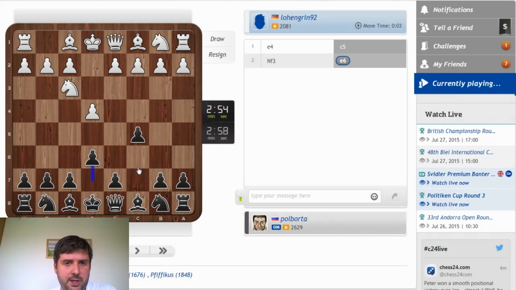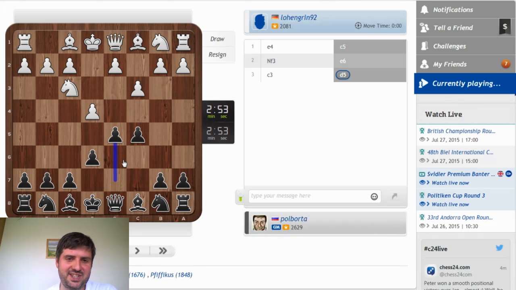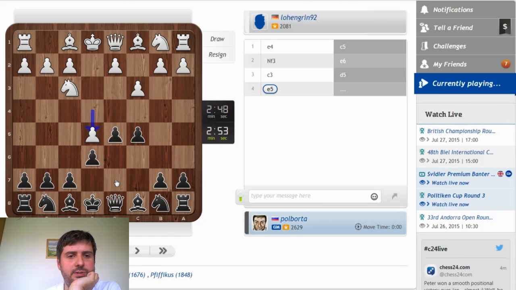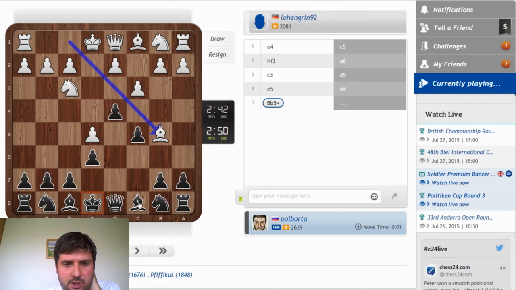Back to Sicilian. I haven't played Sicilian in a while. Had I known my opponent will play c3, I probably wouldn't have played this Sicilian. Or at least I would have picked a different second move. This is a very tricky position,